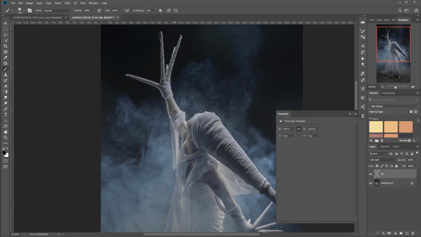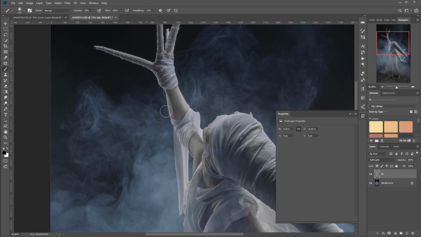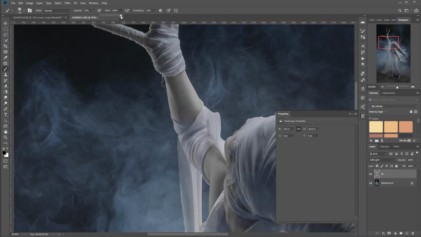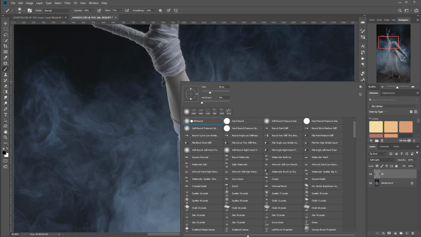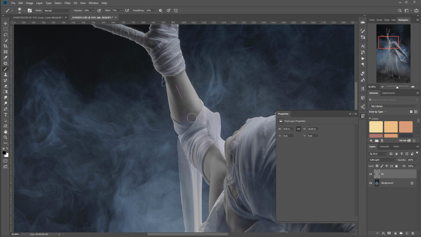Take our brush. It will be 10%. Let's switch to 10% opacity, smooth 100, flow 100. Actually, you know what? Let's just reduce the flow a little bit, maybe to about 77. And right here, this is our soft brush. We'll just start kind of painting,